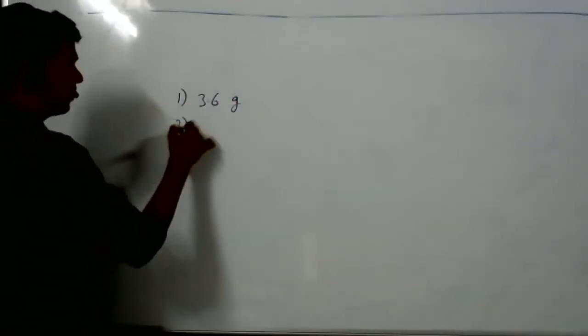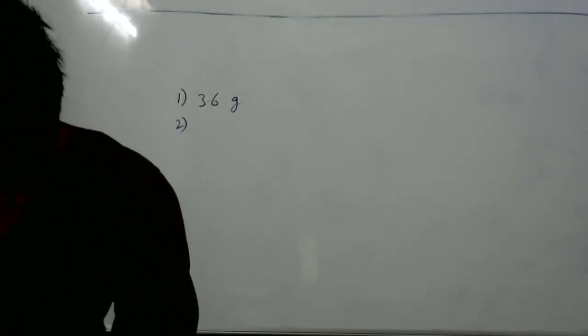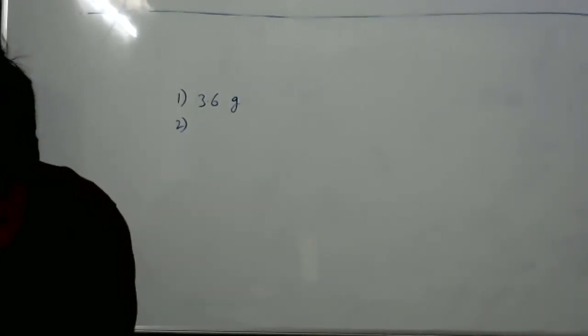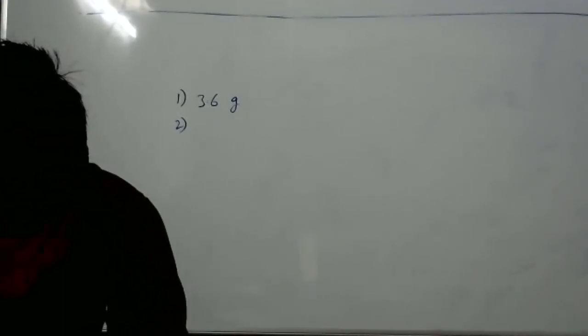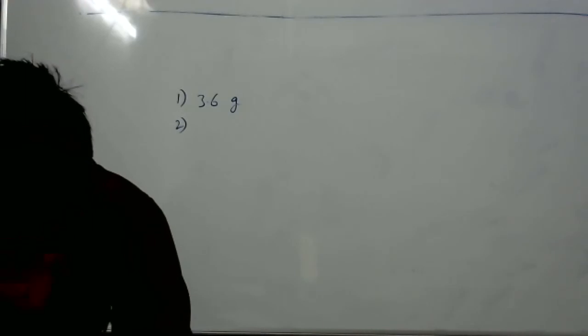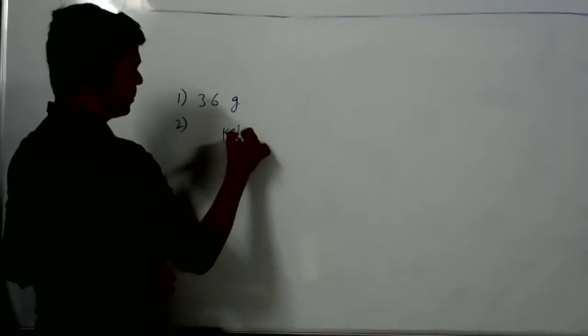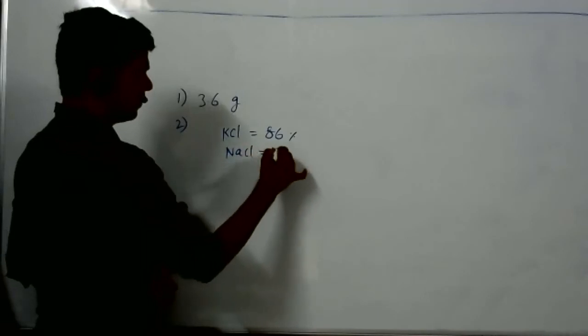Yeah, first question is? 3.6 grams, sir. Okay, first question is correct. Read the second question. Second question is, I think, 1 gram of mixture of potash and sodium chloride. Okay, fine. Then tell me the answer. I got KCl percentage as 89 and NaCl as 11%. You have to get KCl 86%, NaCl 14%.